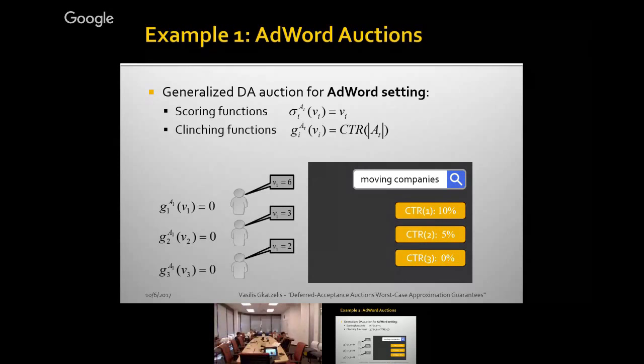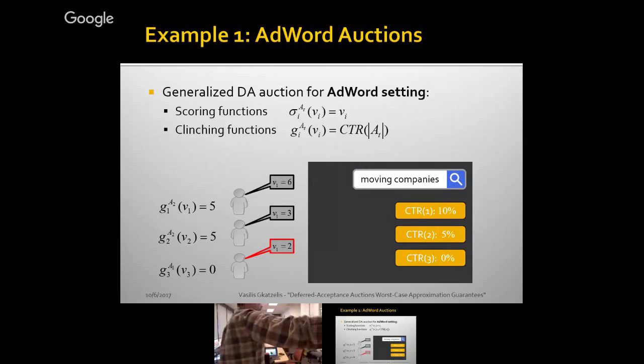So let's simulate this. What would happen? In the first round, we start and look at who has the lowest score. It's this bidder over here, right? Initially, as I said, everybody has a clinching function of 0. So this guy has the lowest score. We finalize him, and therefore he gets click-through 0. He gets nothing. But the moment he's finalized, A sub T reduces by 1, and therefore everybody